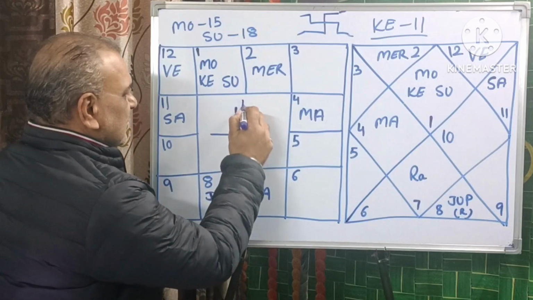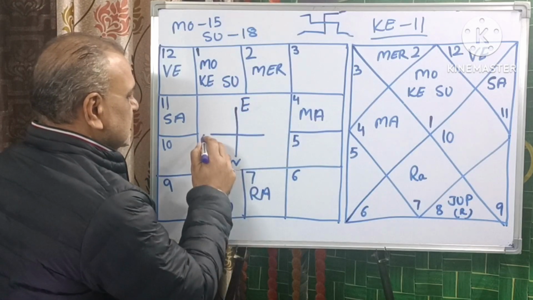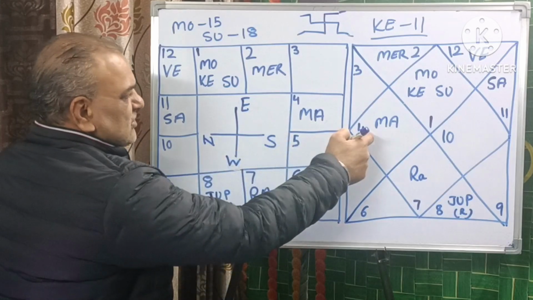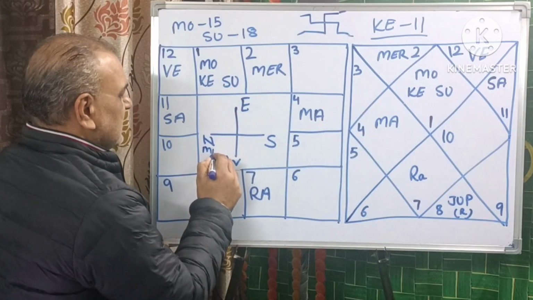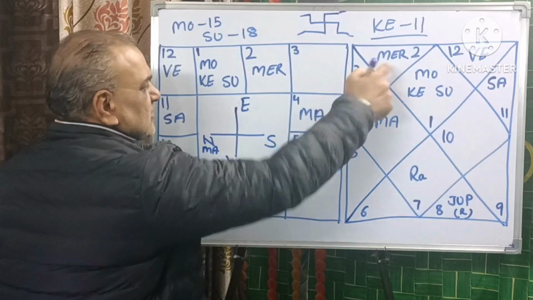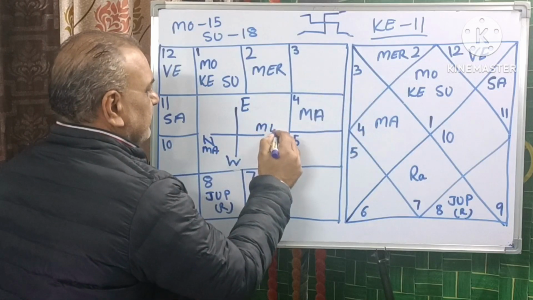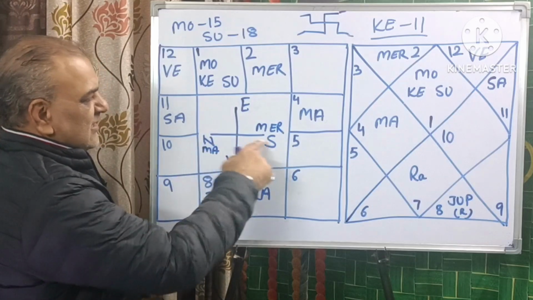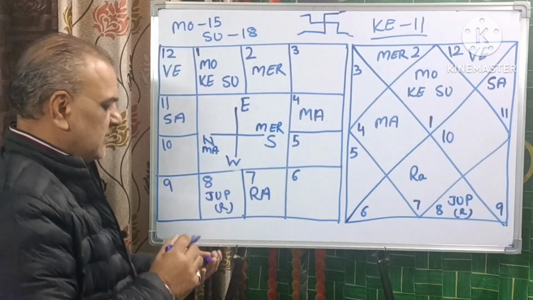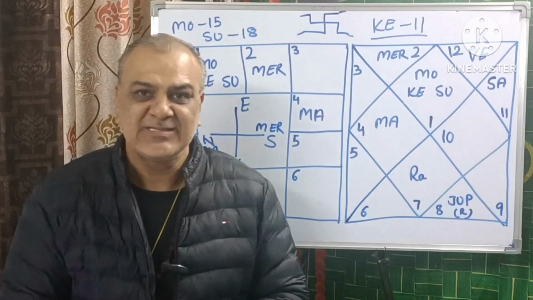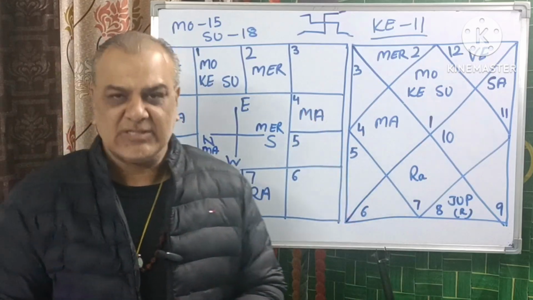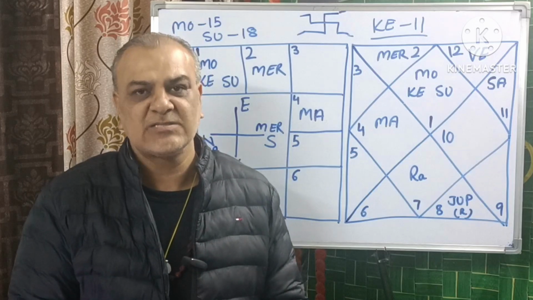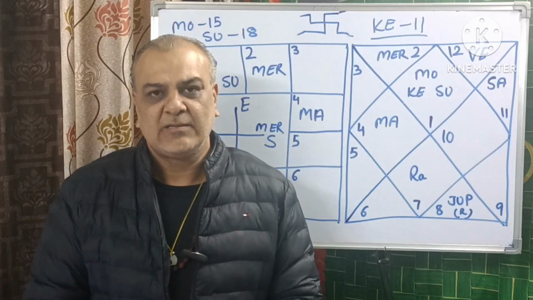this study will start from east, west, north and south. In the north direction Mars, you will see here, I'll write Mars. In the south there is Mercury. So direction wise, they aspect each other because they are in 3/11 axis. They aspect each other. So Mars is a planet of egoism because Mars is power in the natal birth chart.